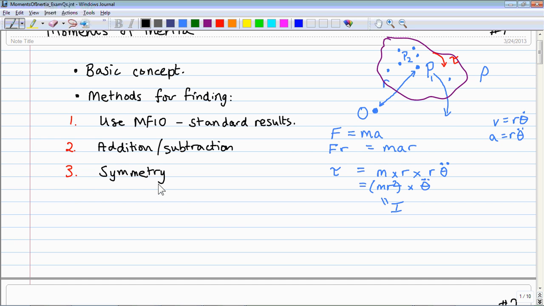Therefore they must have the same moment of inertia. This idea is very important to understand. Without this idea, I can think of quite a few exam questions I've seen that you couldn't solve. Okay, those 3 are kind of basic ones, but then there's other ones which have to be kind of learned,